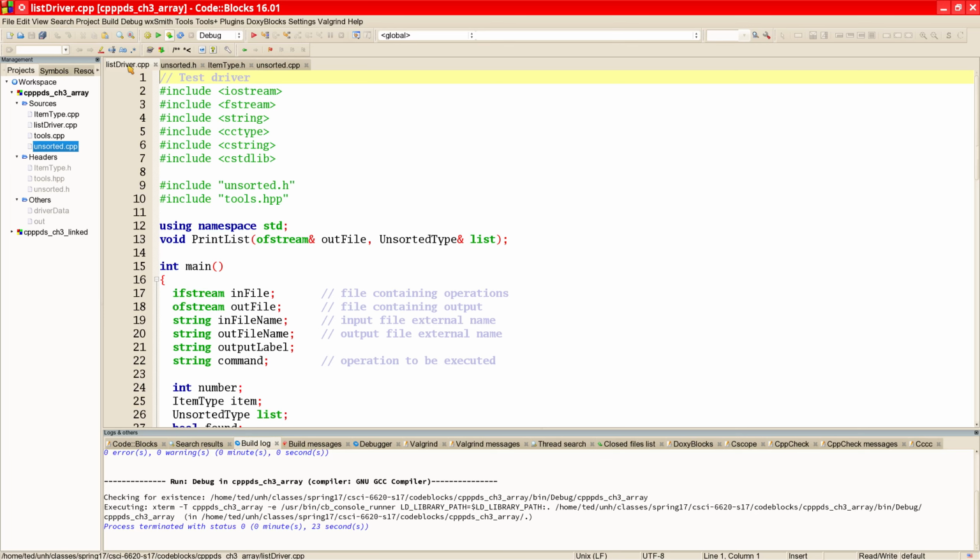Okay, so I'm going to quickly introduce you to some of the code that you find in Chapter 3. We have two different kinds of implementations for the unsorted type lists. One is an array-based implementation and one is a linked list-based implementation. So let me just quickly go through the files here to make sure that we're all on the same page